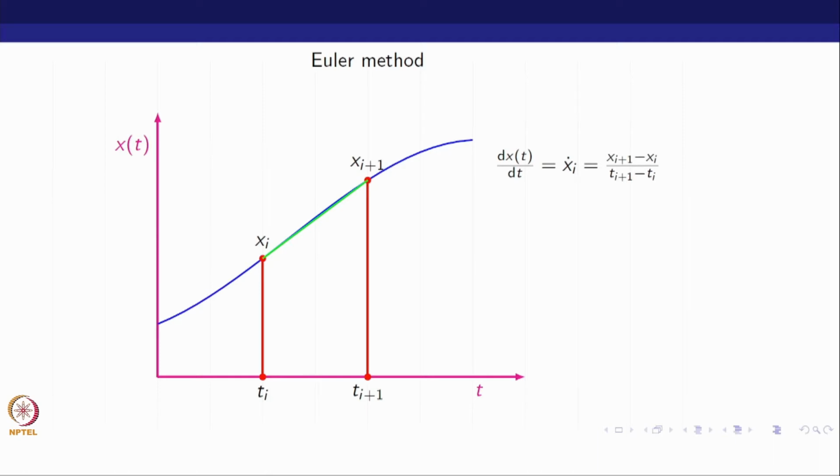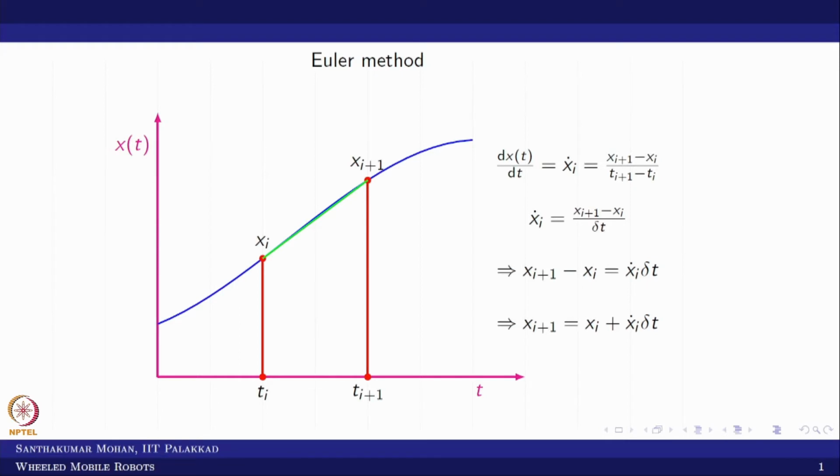What would be the slope? The slope would be xi plus 1 minus xi, whole divided by delta t. Now we assume the initial condition is known for solving the differential equation, because it is an ordinary differential equation. One of the boundary conditions, which we call the initial condition, xi is known, and delta t is known, and this is the slope. In the sense, the time derivative of that function is also known. So x dot of i, xi and delta t are all known to us. Now I can rewrite this equation.